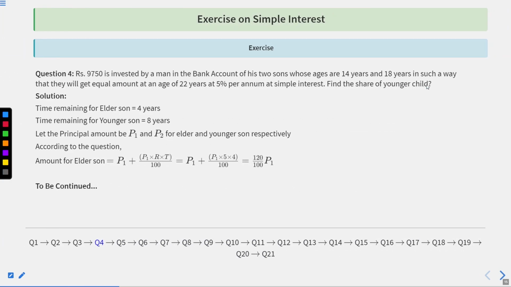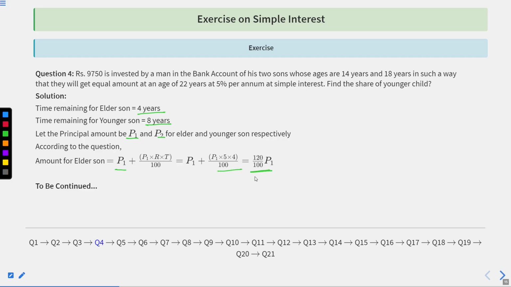So the solution: time remaining for elder son is 4 years. Time remaining for younger son is 8 years. So let the principal amount be P1 and P2 for elder son and younger son respectively. So according to the question, amount for elder son is equal to P1 plus P1RT upon 100, that is equal to P1 plus P1 times 5 times 4 upon 100, which is equal to 120